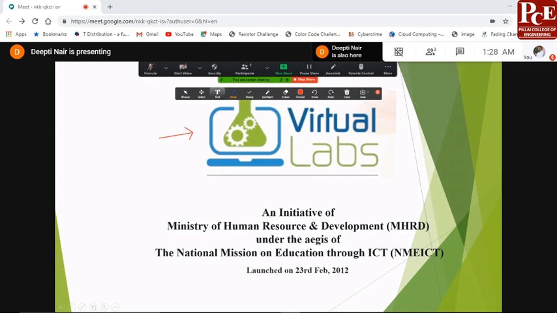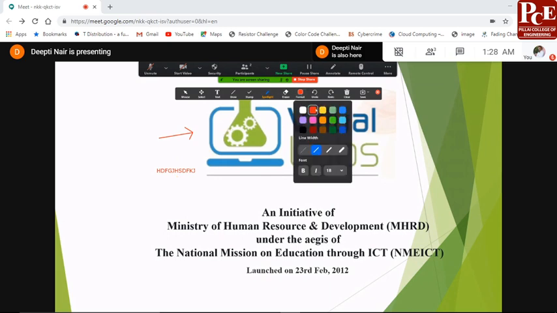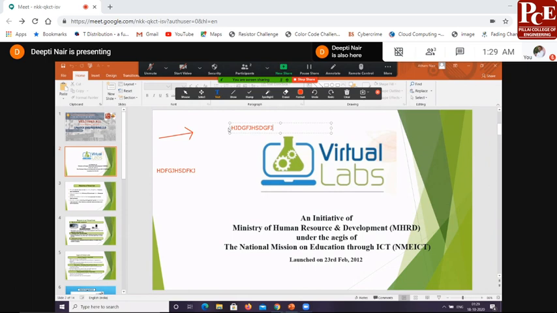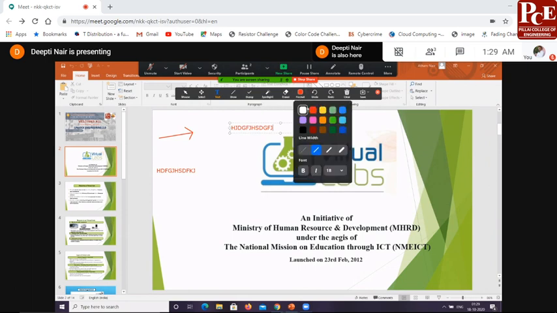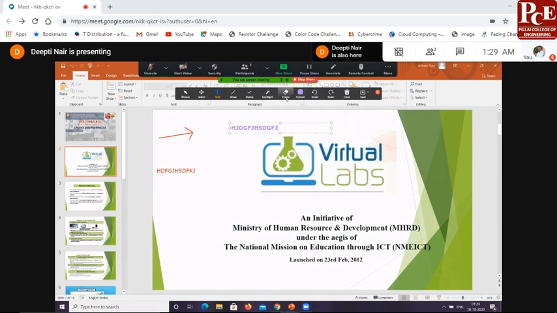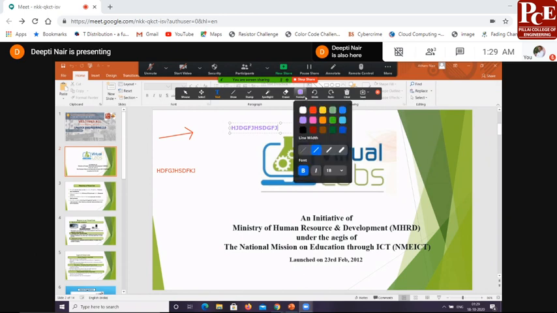Whatever you want to show, suppose you want to type some text, you can do so. Similarly, if you want to spotlight something, you can select that, and you can have this spotlight while explaining your PPTs. Another thing is, whatever text you have entered, if you want to format it, for example, you want to change the color, make it bold, or even change the font size, all those things can be done using this format.